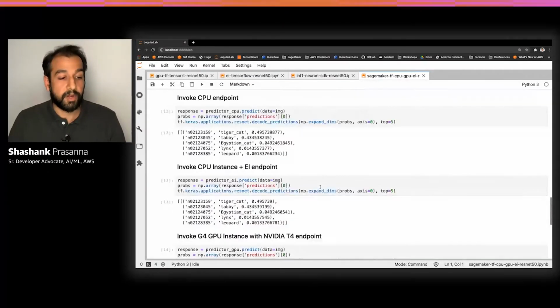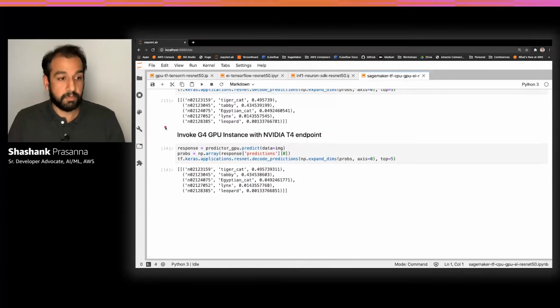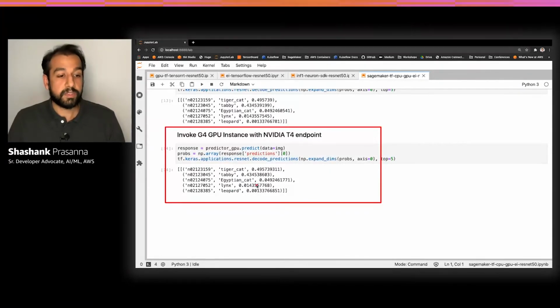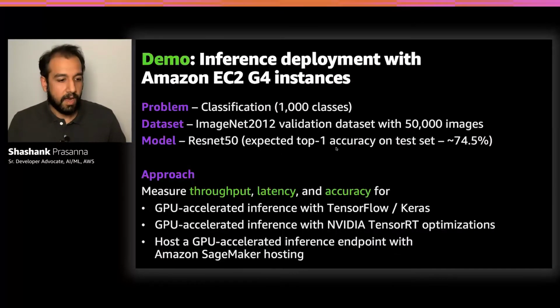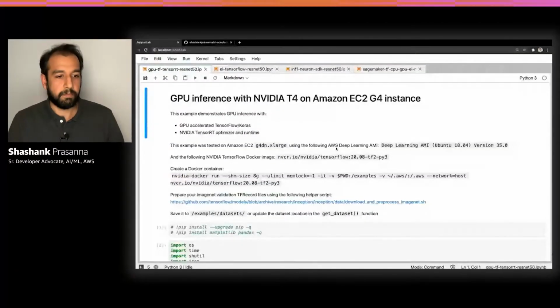I can test the endpoint. In this case, I'm testing this on a GPU instance, and I get my endpoint results. So that was a quick demo of using GPUs, so you get a sense of what key capabilities are supported. Now let's take a look at some of the benefits of using